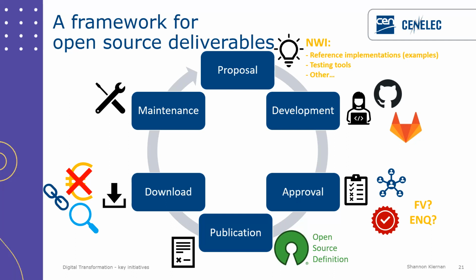So concretely, how would it work? You would go onto a member website, you'd search for your topic, let's say boat building, type that in and click search. You get a list of results of all of the boat building related deliverables that are there. You might see a couple of ENs, a TR, and then you would see a new kind of deliverable. Let's imagine we call it an OS. So you click on that OS, you would see a few basic details about it, like the name, when it was published, the group responsible for developing it, and then you'd see a hyperlink. You click on that hyperlink and it would take you to the repository, probably GitHub or GitLab, and you would do the download from there, so not on the member website.